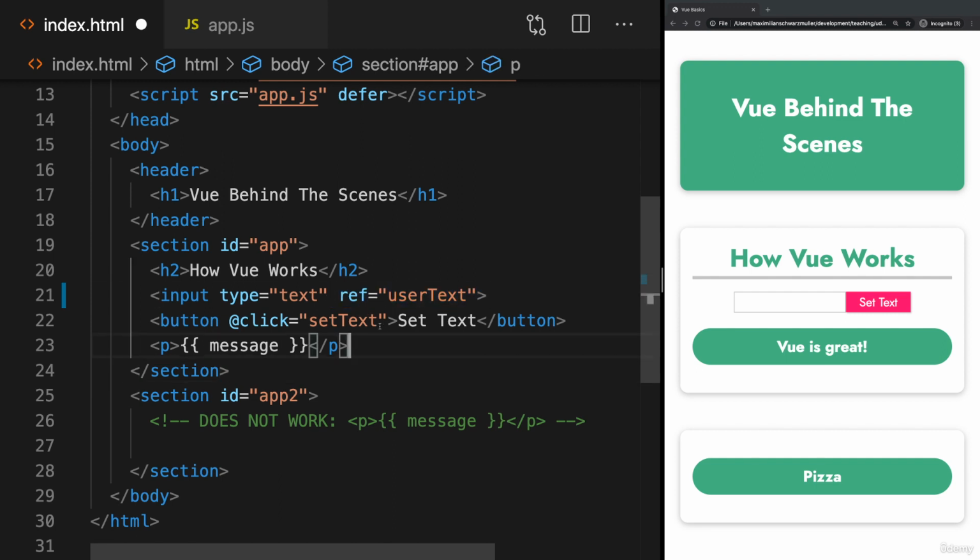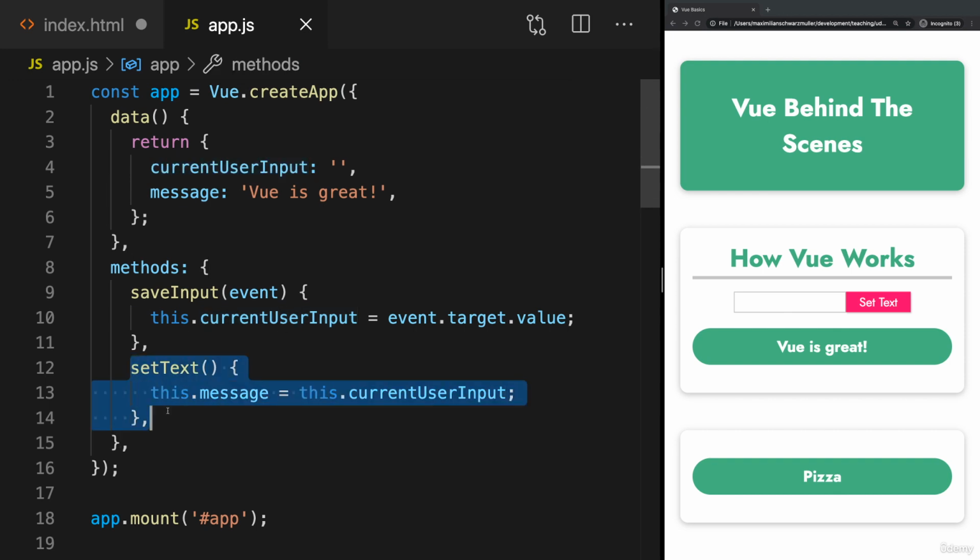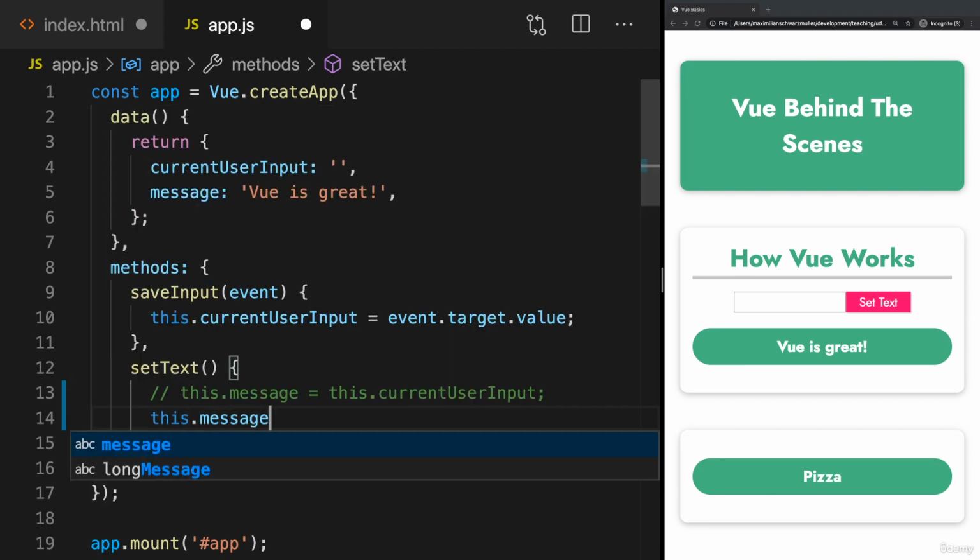Now, why am I doing that? Because Vue detects such refs and stores them internally. It basically memorizes that you want access to the input element. And in the JavaScript code, you can then get this access. Here, in this case, inside of the setText method, because that's where I need the entered value. Instead of using this approach, I can now set this message equal to this, and now a special property which is